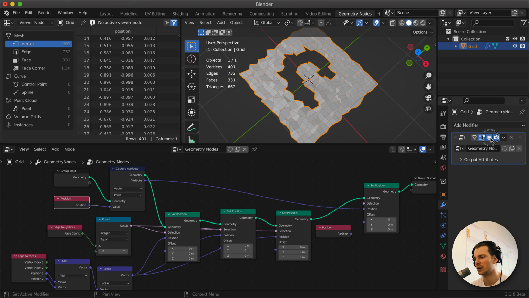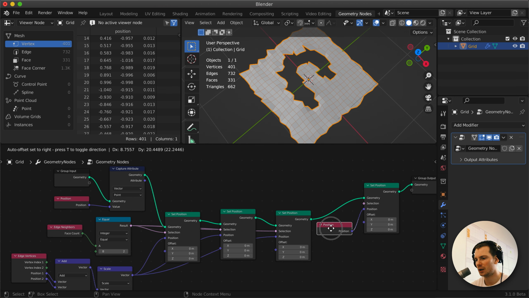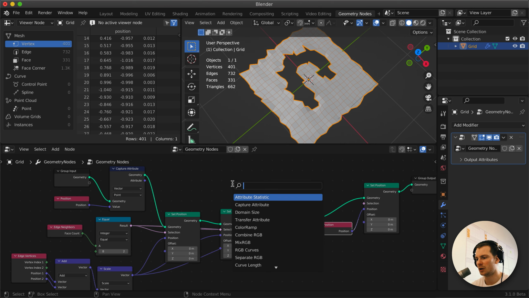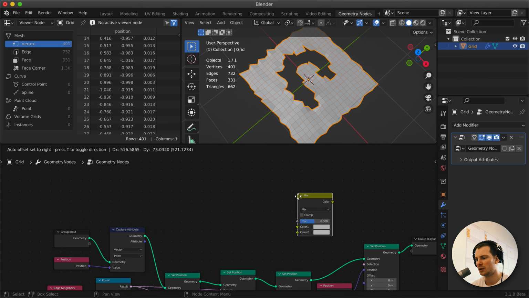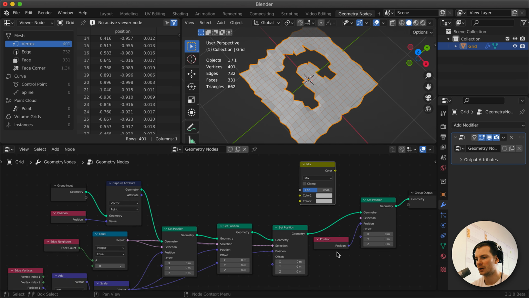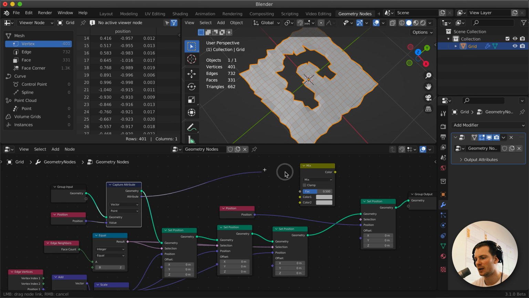If we turn it on and off, it's the same thing. Doesn't do anything. And if you plug this one in and we turn it on, it's smooth. So we want to be able to transition between this position and this position. And there's a dirty trick you can do by using a mix RGB. There's no such thing for vertices, so we have to plug a blue socket into a yellow socket, which